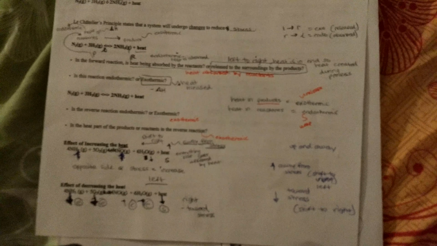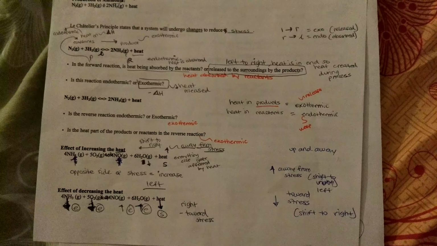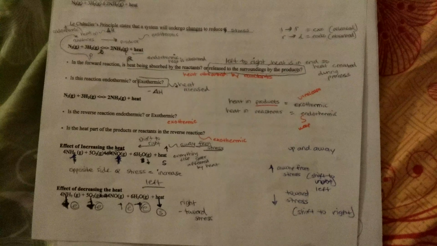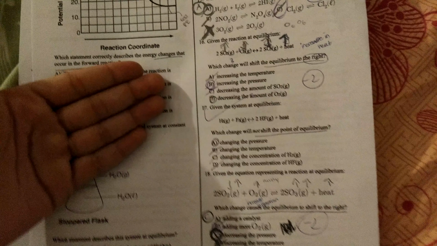So, I'm going to talk about the two ways. I'm not going to bother saying the definition, but the two ways in which the equilibrium can be changed. It can be either changing the heat or changing the pressure. And this sheet helped me so much. Oh my gosh, I should have read it before I took this test, because obviously I didn't do well. But anyway,